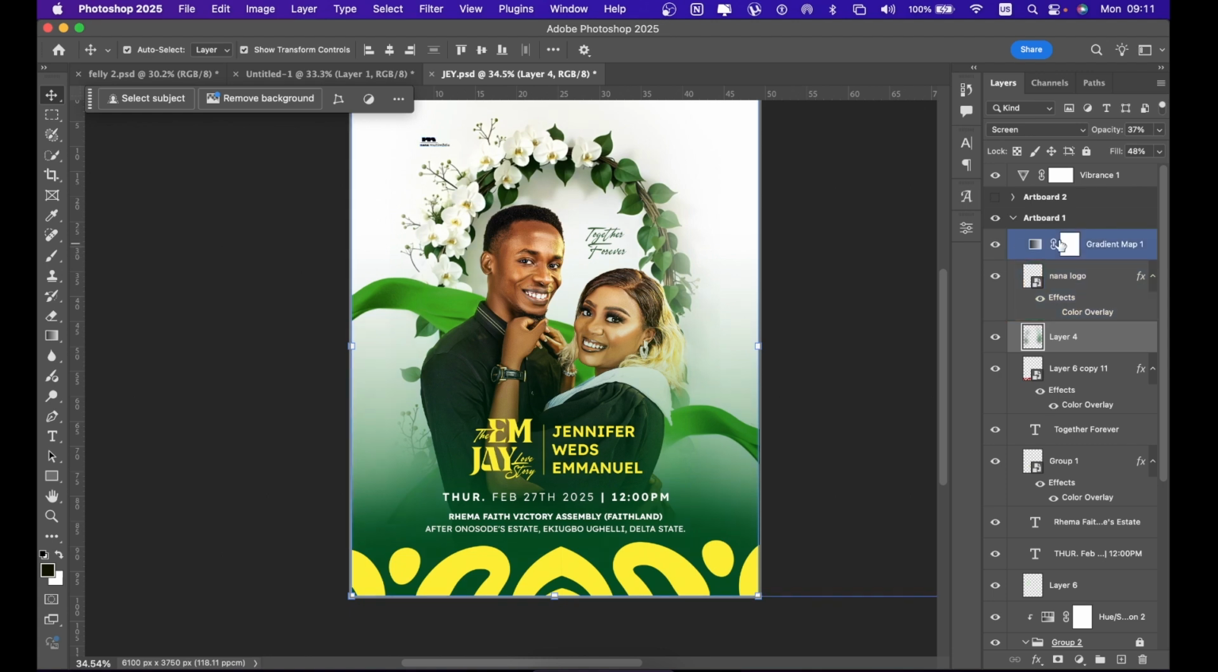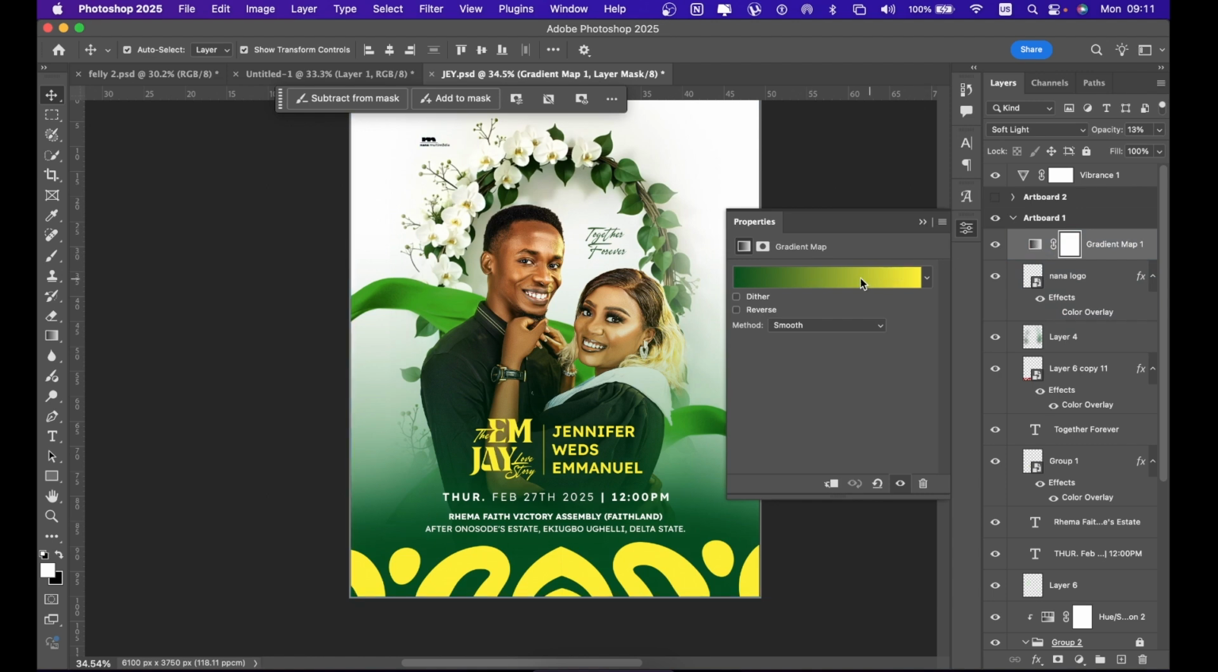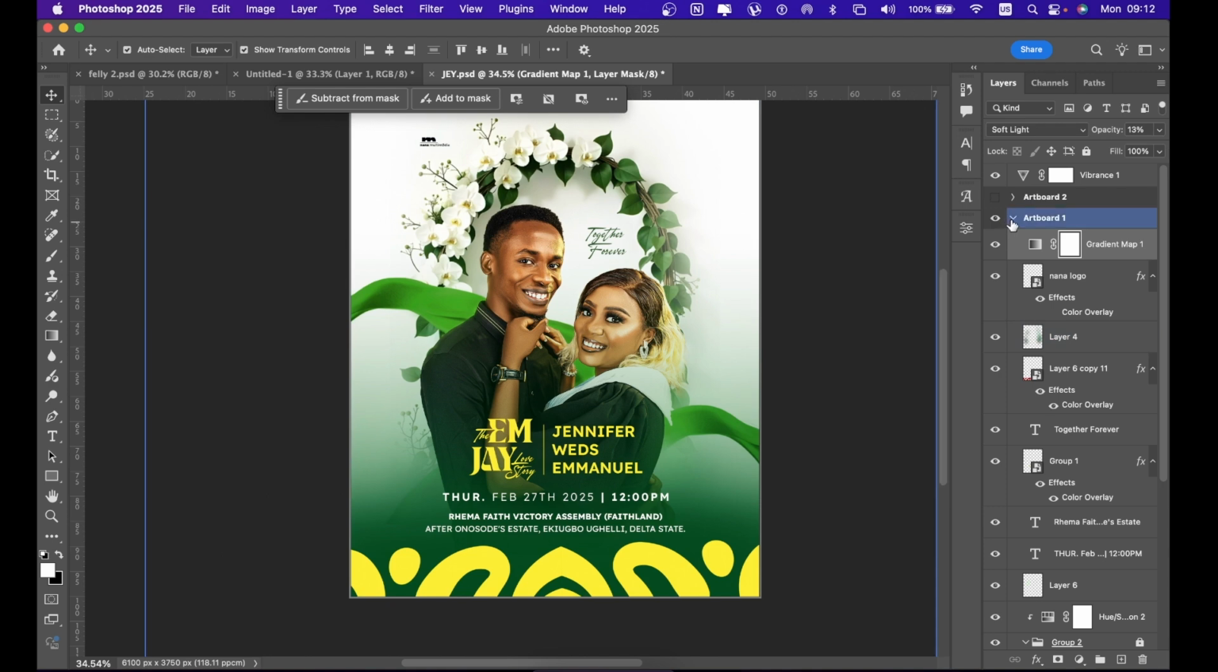All right, so this is what the gradient map looks like. See the colors, I just picked out the colors from here. So you have green down here, and you also have this shade of yellow. So then onto the next